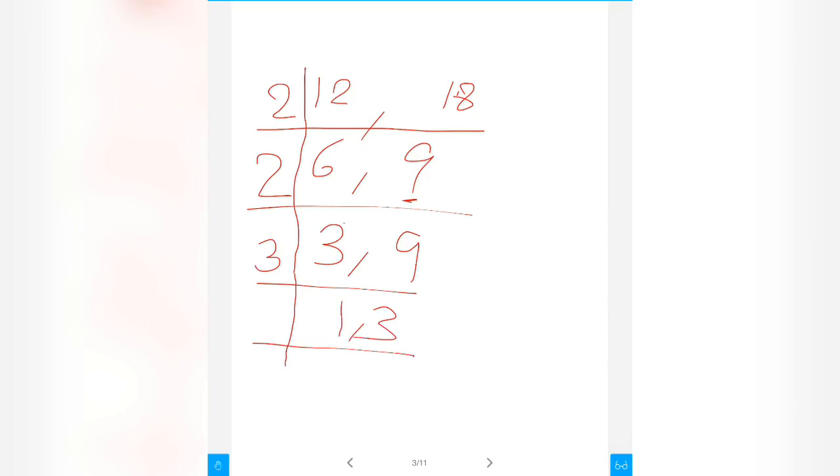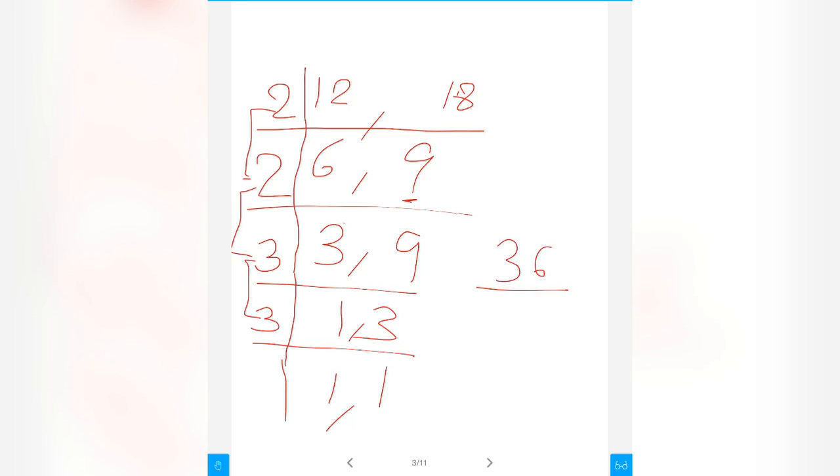So we will proceed with the table of 3. Now 1 has come, but this 3 is remaining. So we will divide it now by 3, 3 1s are 3. So this is how we will find the prime factors. Now what we have to do? We just have to multiply these factors, like 2 2s are 4, 4 3s are 12 and 12 3s are 36. So you will see that 36 is their LCM.